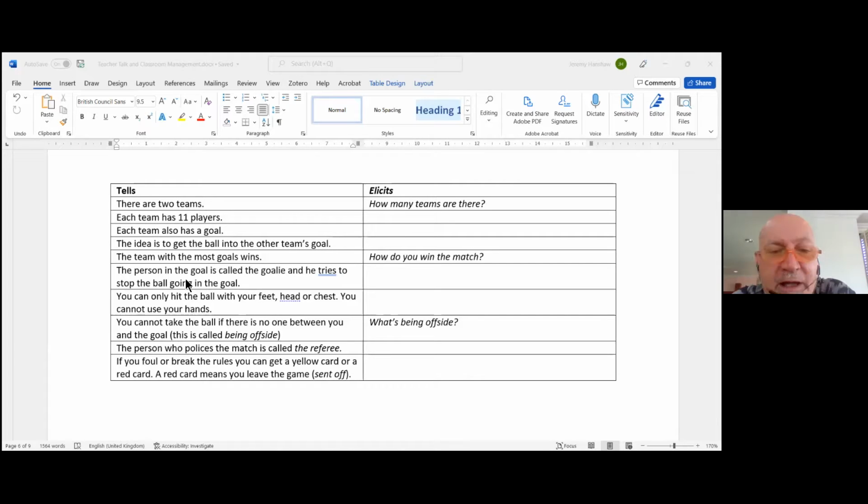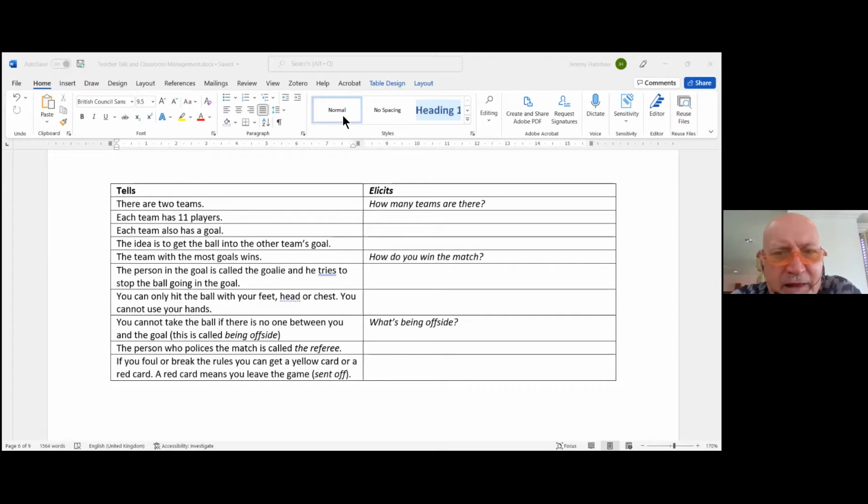What's the role of the goalie? Good job. That is, of course, a nice open question. What is the role of the goalie? And the learners explain that, maybe higher level learners. For lower level learners, we might say, who's the person that stops the ball in goal? Goalie.